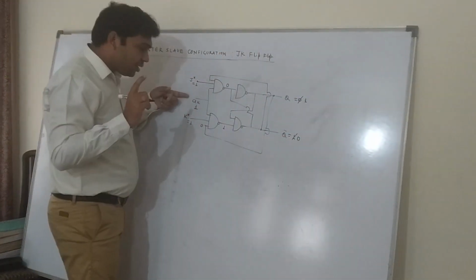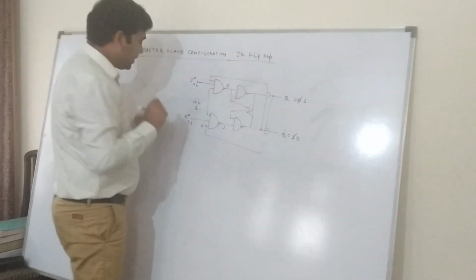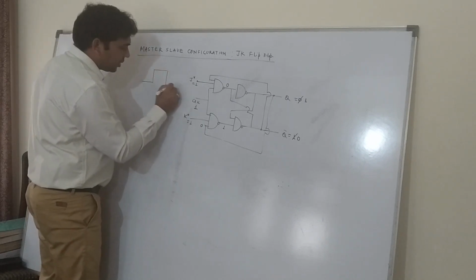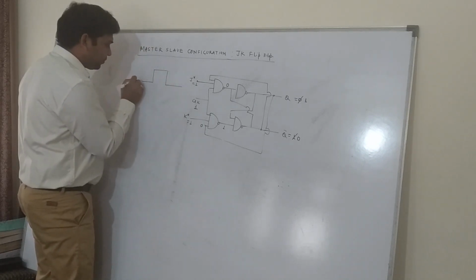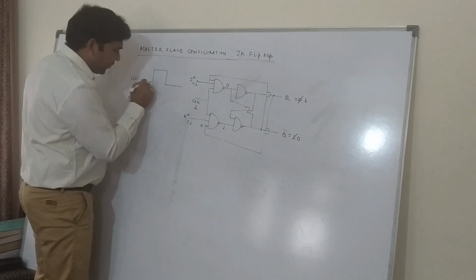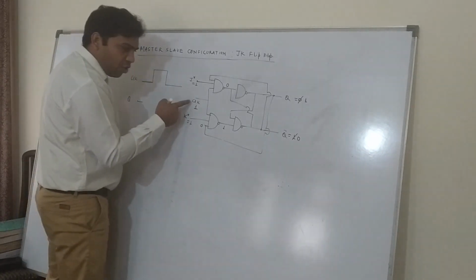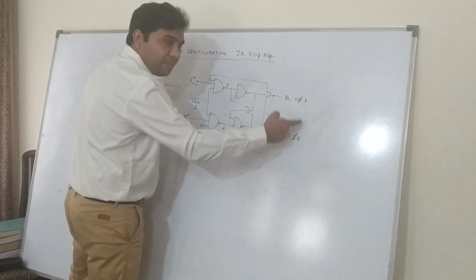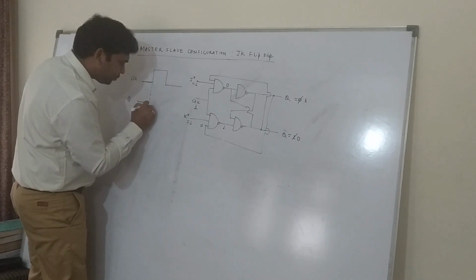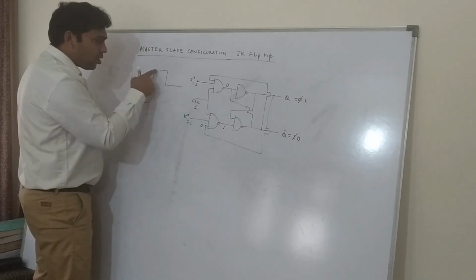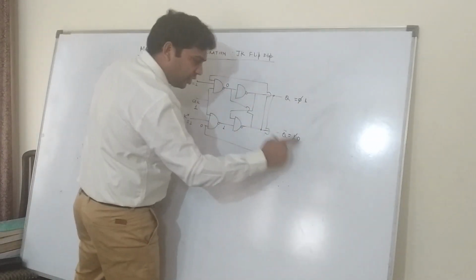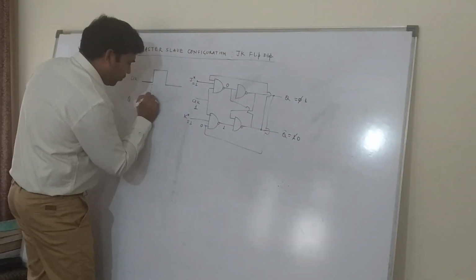And since the clock is still 1, let's say the clock is something like this. This is your clock, let's say. And let's say that initially the output was 0, and what we have seen is when the clock is low, it will remain in a memory state, meaning it will remain in a 0. As soon as the clock becomes 1, then this output will become 1 to 0. That means the output will become 1.